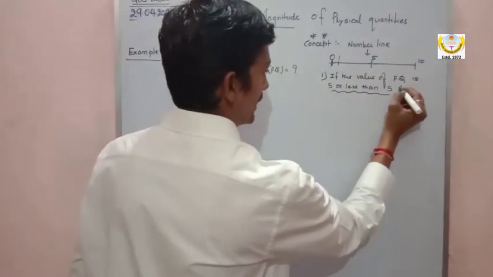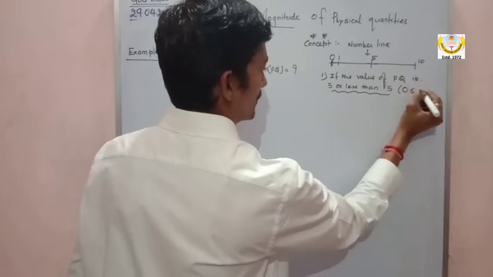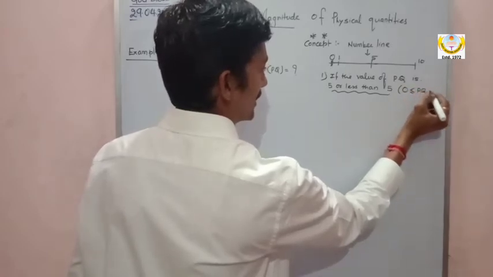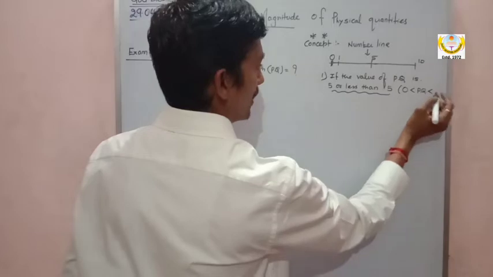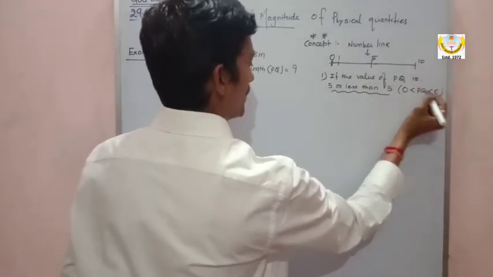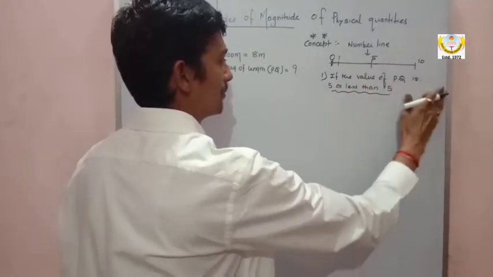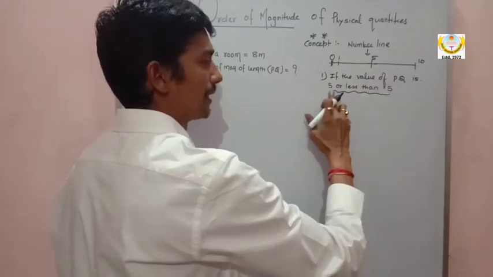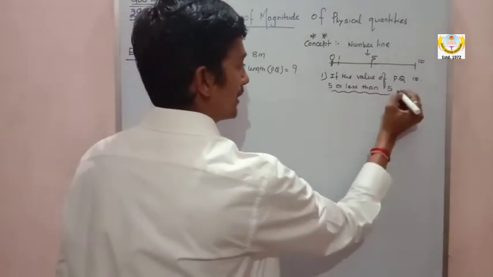So this can be written as 0 less than or equal to the physical quantity, less than or equal to 5. So if the value of the physical quantity is 5 or less than 5, then